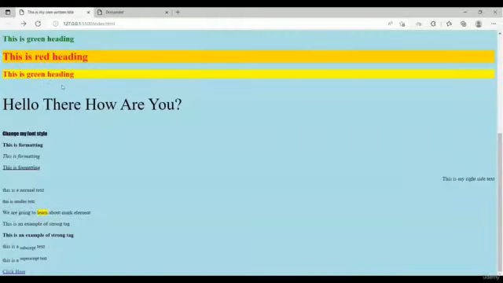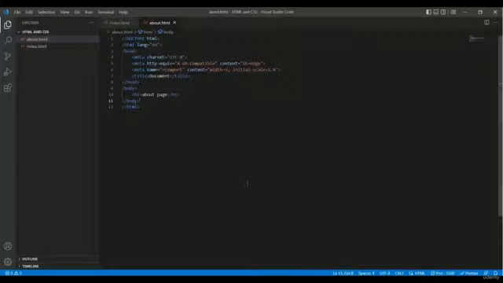Now we have a total of two pages. Here is the about page and here is the index file page. Now I'm going to create another text, and when someone clicks on the text, that person will be redirected to this about.html page. So we're going to do that. We have to get back to our